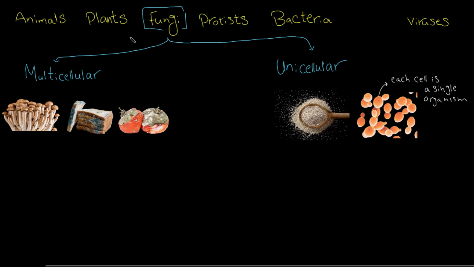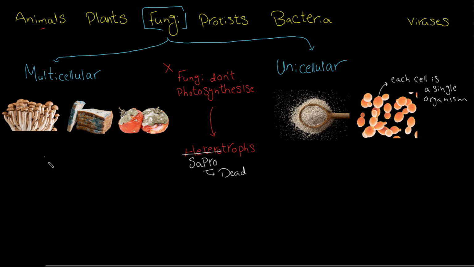You might notice that some fungi look like plants, but the key difference is that fungi can't photosynthesize. So, how exactly do they acquire their energy? Well, they acquire their energy from other organisms, just as animals do. Shall we call them heterotrophs as well? No, we better call them saprotrophs. The word sapro means dead, so they feed by saprophytic nutrition, by which they take in nutrients in solution from dead and decaying matter.